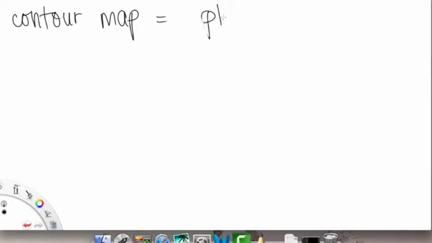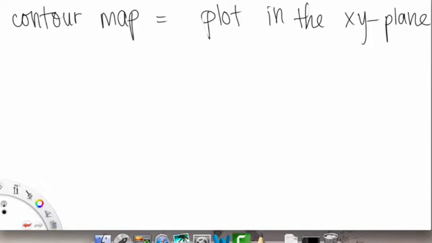It's called a contour map. And you guys might have heard of this before or seen it. Alright, so what is a contour map? This is basically a plot, or graph, whatever you want to call it. So a plot in the xy plane. Again, this only exists in the xy plane. Okay? And this shows